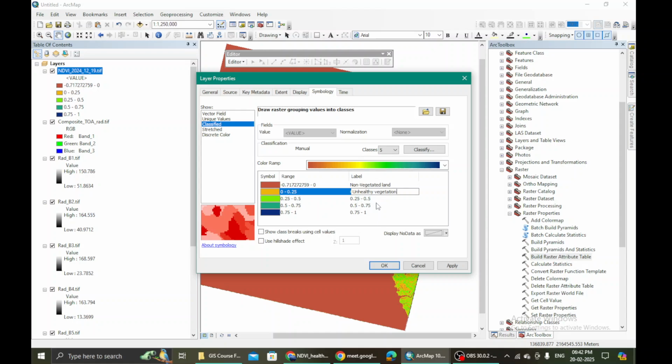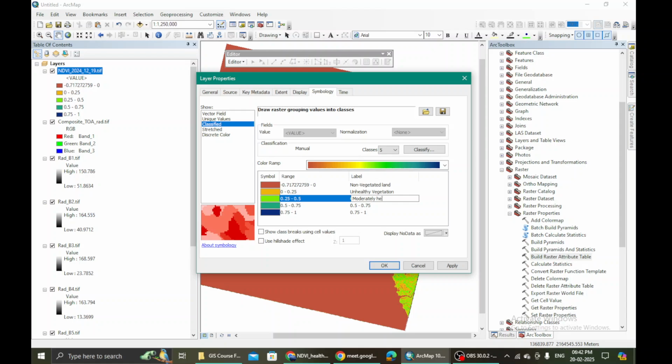It's not necessarily unhealthy, it might be a very young vegetation. That is why it doesn't have chlorophyll content to a highest level, such that it can absorb a lot of red. That is also there. But then just to give it some parameter, some classes, we are doing this unhealthy vegetation.